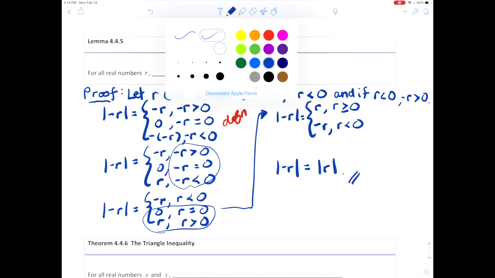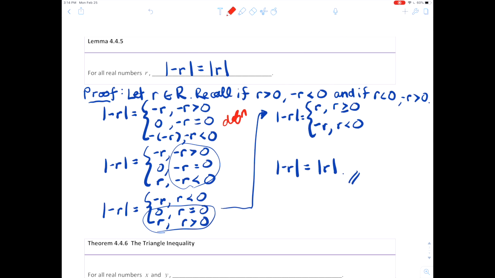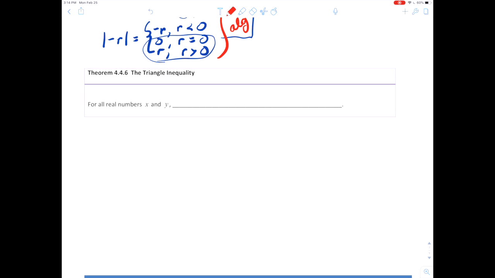So if you want to write anything, these here were properties from algebra. This is just rewriting, cleaning it up. And then this is by definition of absolute value. Cool? All right, so now finally, drum roll, we get to the